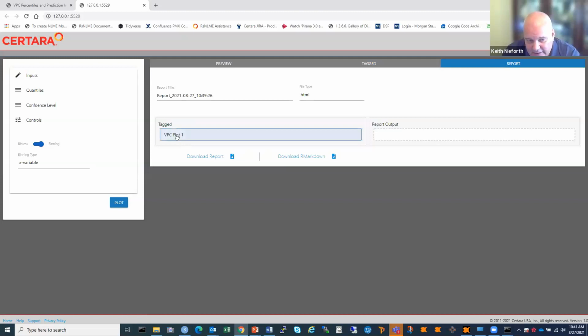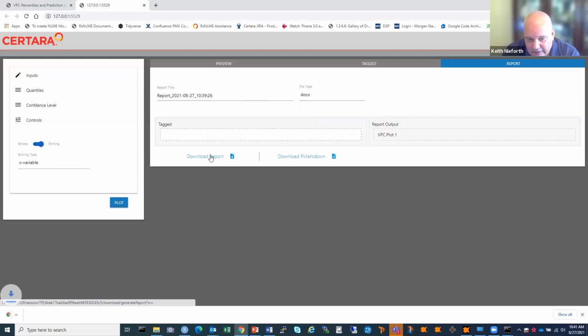And for all my tag documents, I could be assembling these as I go through my analysis. I could have a group of them, and I can drag that into a report document and then essentially generate a report from that, in HTML, Word, or Doc. And if I hit download report,